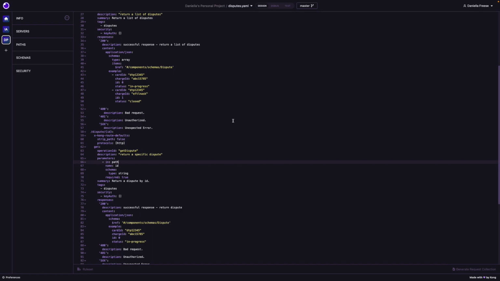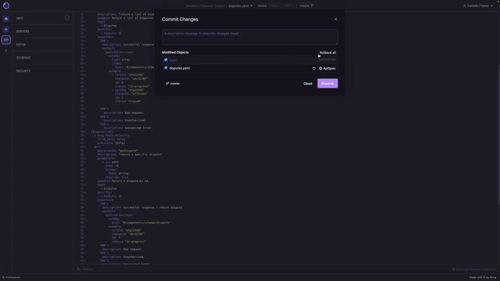So now we can go and commit this to source control. If you look at the top center of the Insomnia console, you can see that it says master right here. This reflects the branch we're on. I'm going to be lazy and I'm just going to commit everything to master. So the first thing I'm going to do is select the master button, select commit,